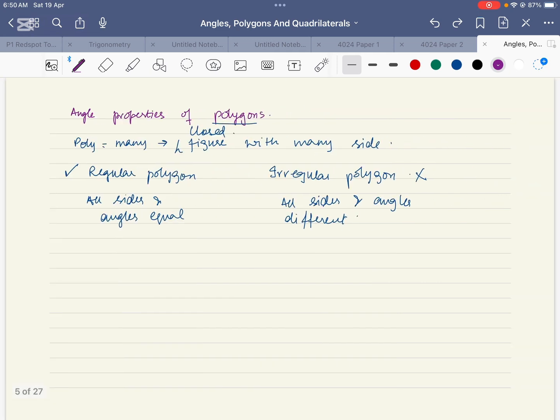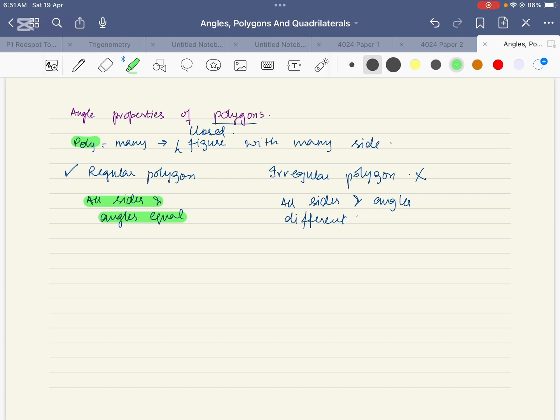Now let's begin with polygons. Poly means many. We are talking about closed figures with many sides and many angles. We will be talking about regular polygons mostly. Regular polygons means all sides and angles are equal. The question from angles and polygons can come in paper 1 or the non-calculator version, as well as paper 2